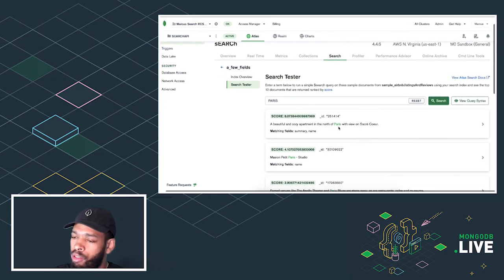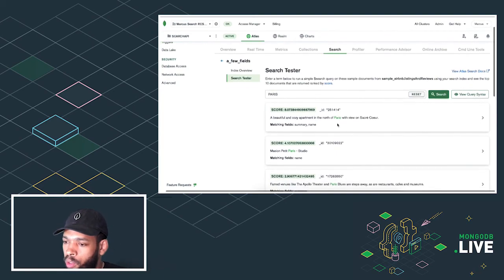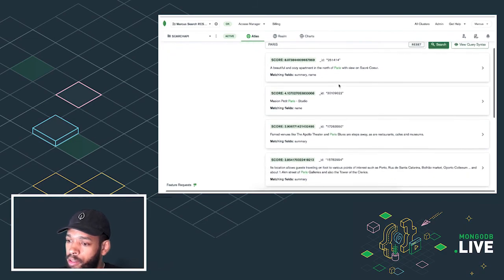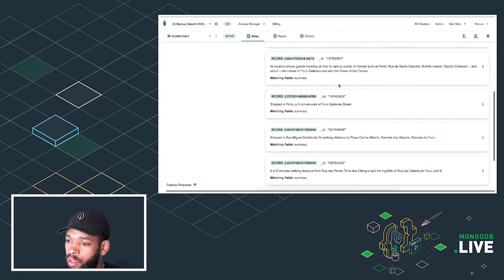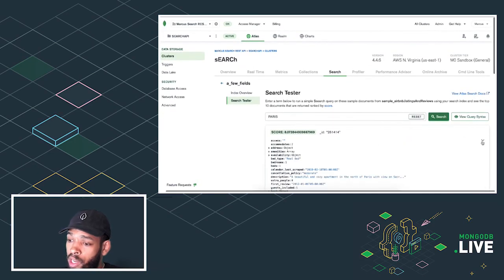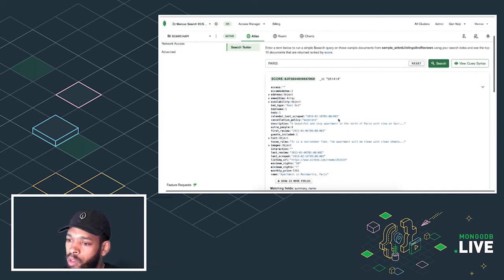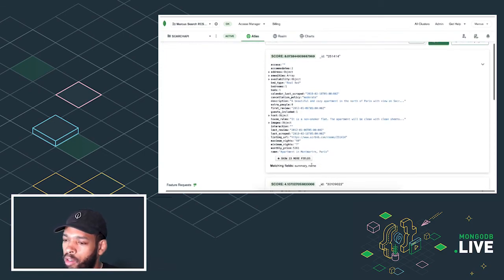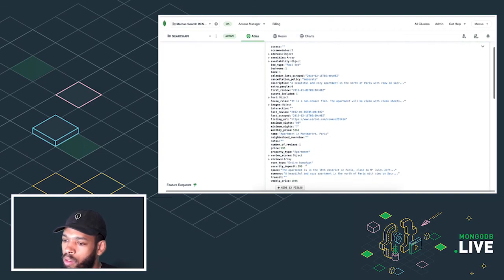All caps Paris returning documents with the proper noun casing of Paris. And you can also see the entire document. So see all the fields here, but you can key in on the matching fields if you'd like. And there's the summary with the word Paris.